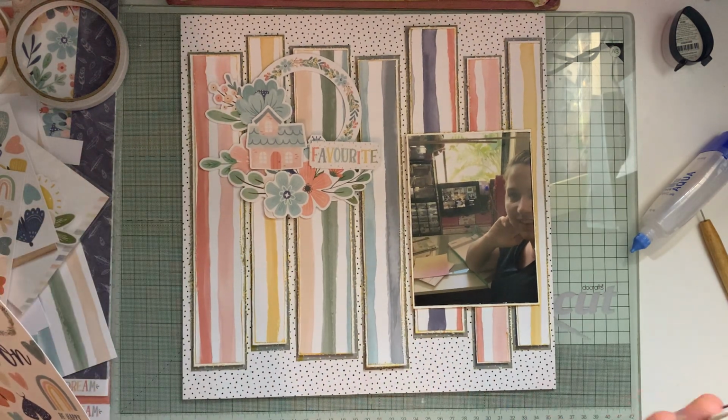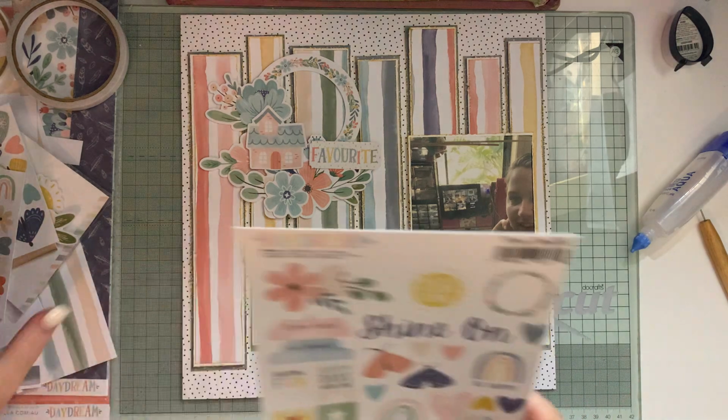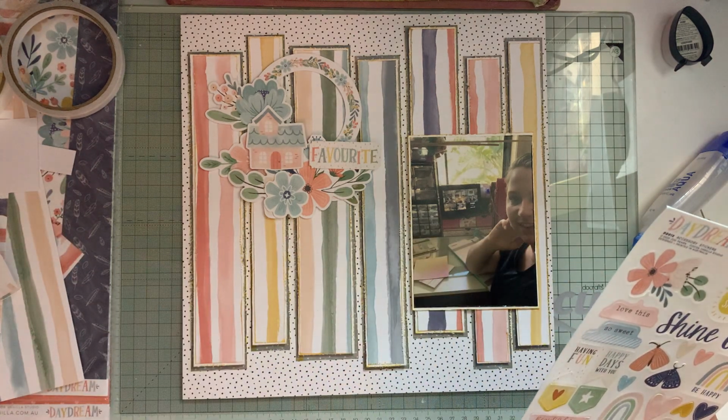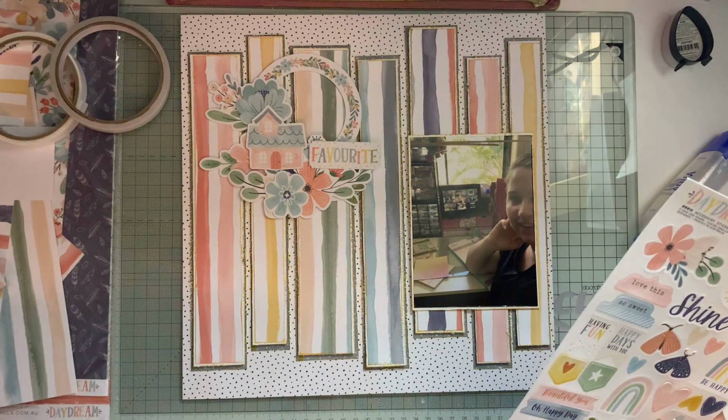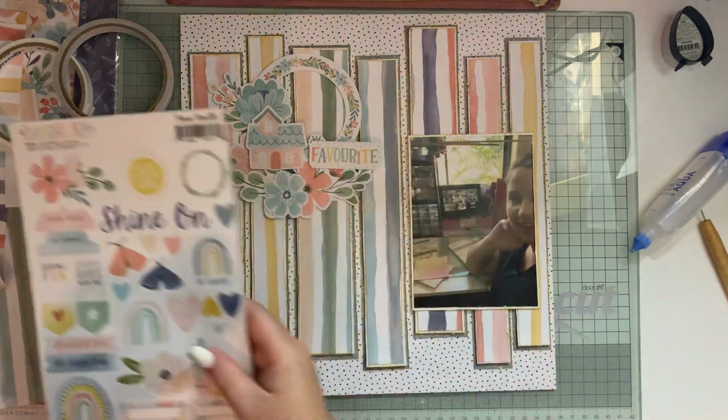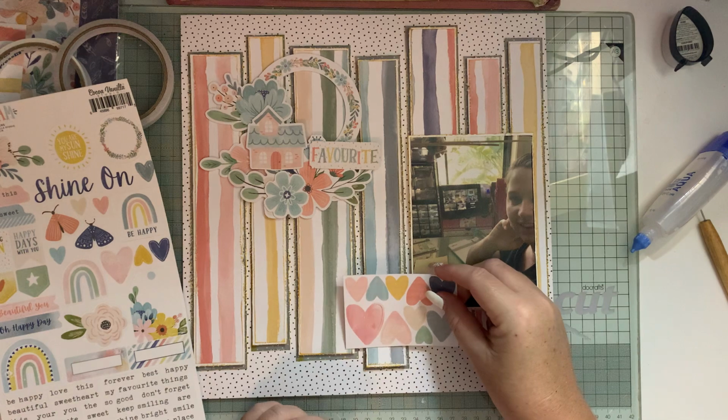And not everything is perfect. Not everything is going to match in exactly how we want or planned, and that's okay, because sometimes that's how we get our best results. So how about,